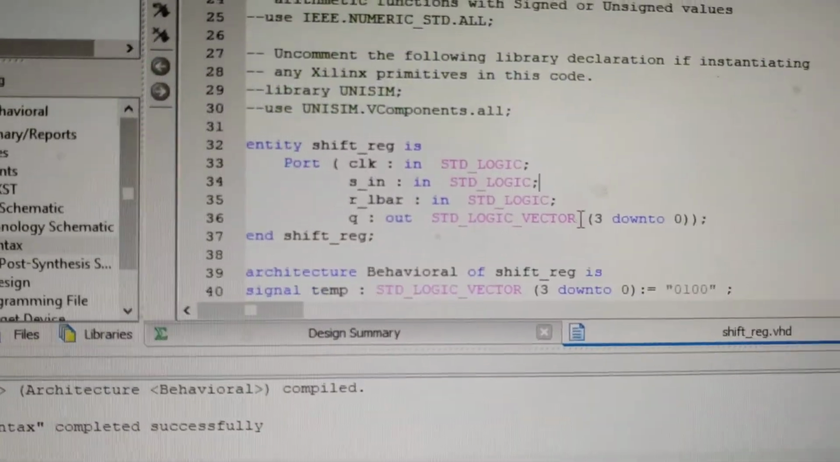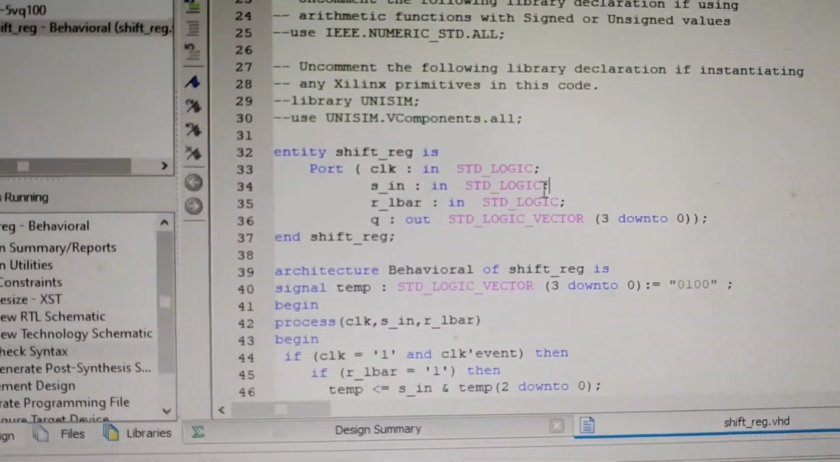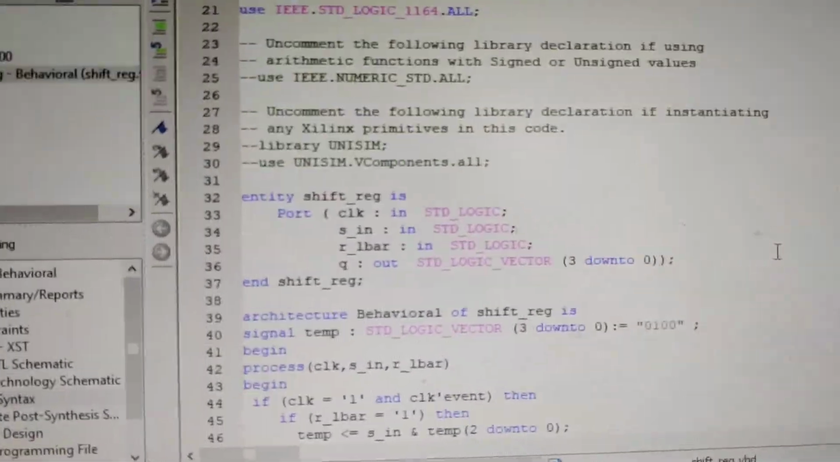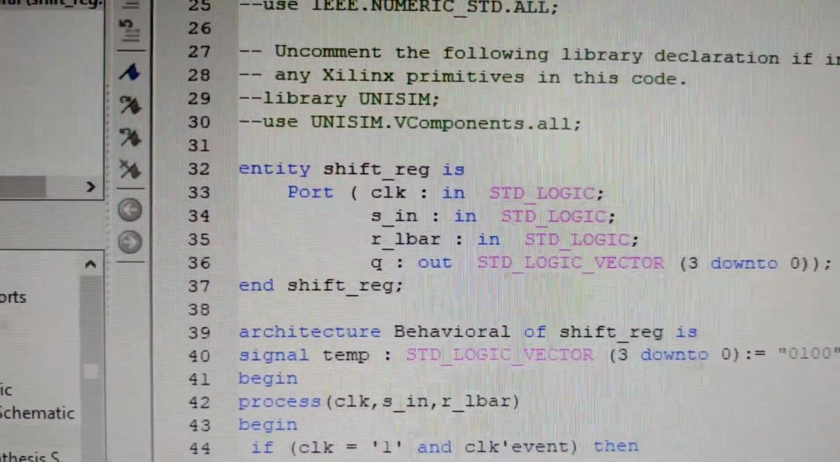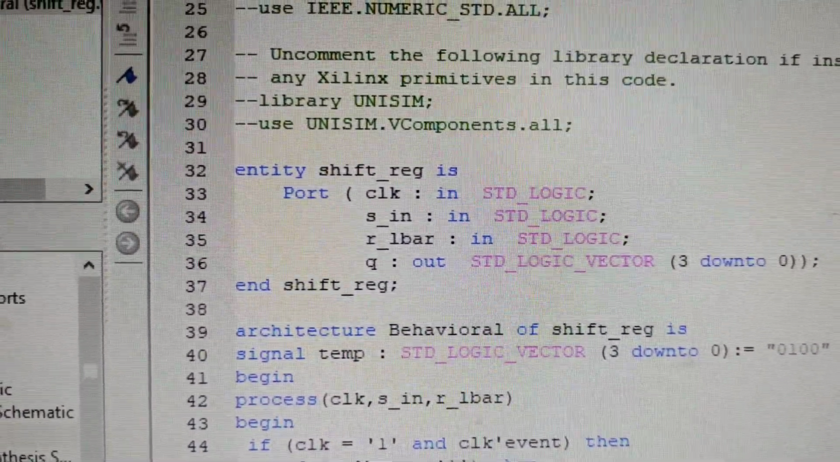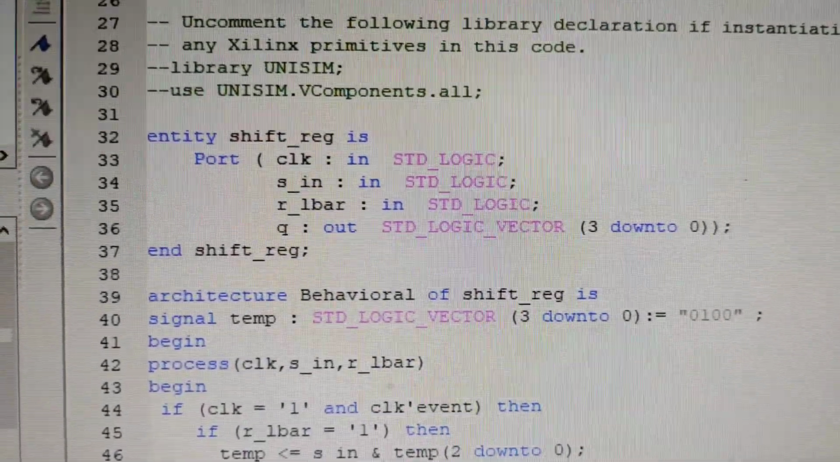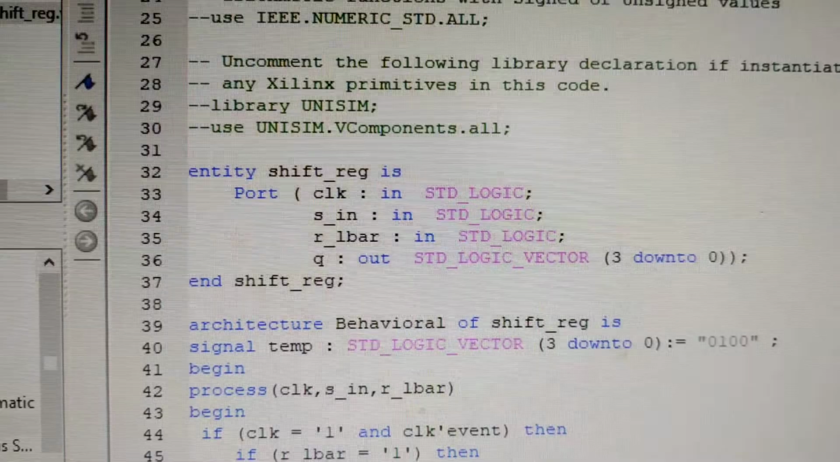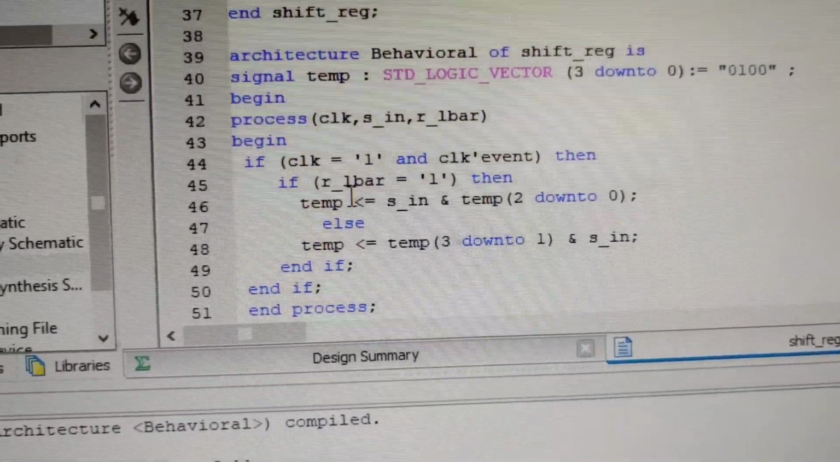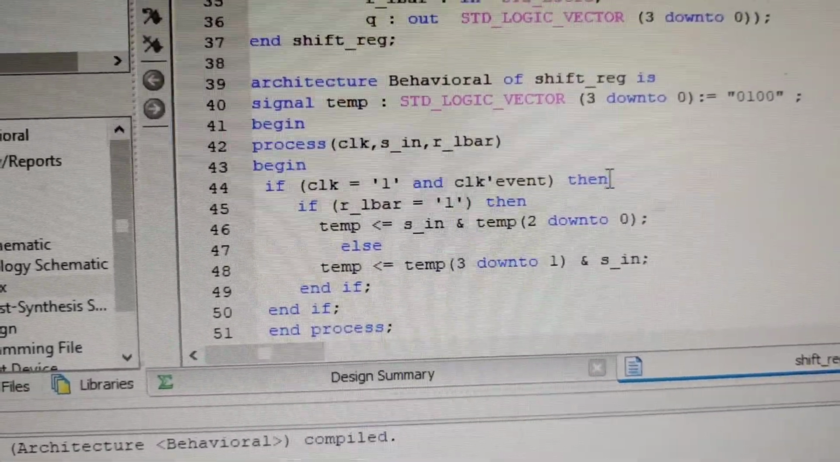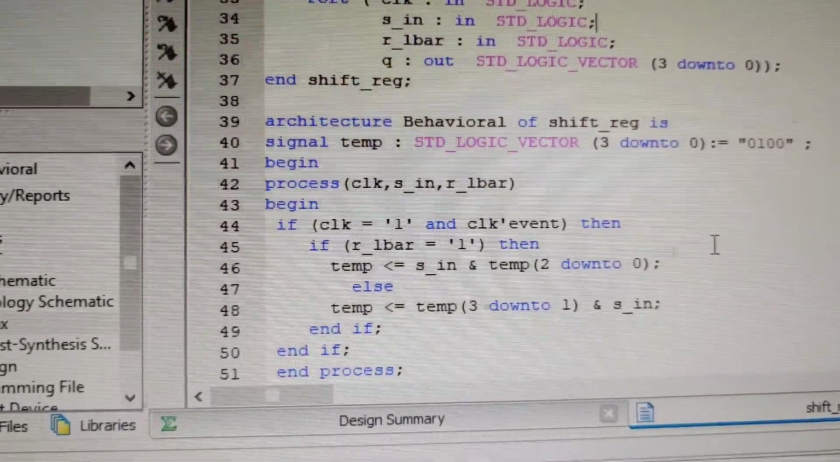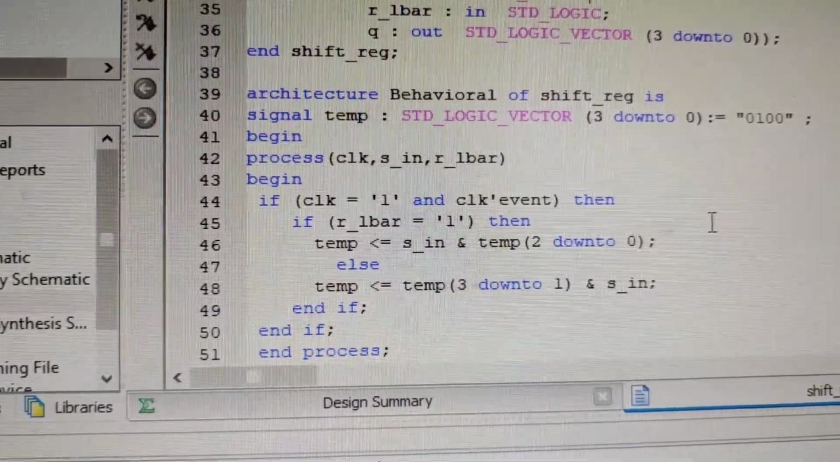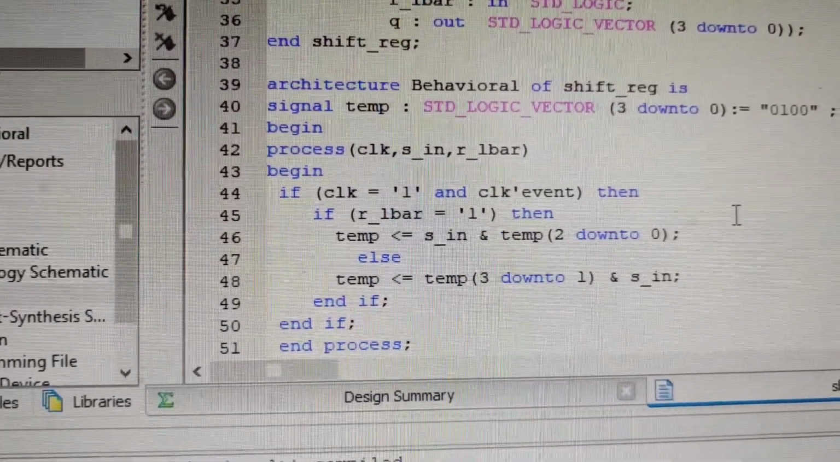So there is a clock input, serial input, and R/L bar, that is right underscore L bar, so that means right/left bar. Then the input, and the Q, which is the 4-bit output. So whenever the clock event is there and R underscore left bar is equal to 1, then temp will be equal to, we are considering the